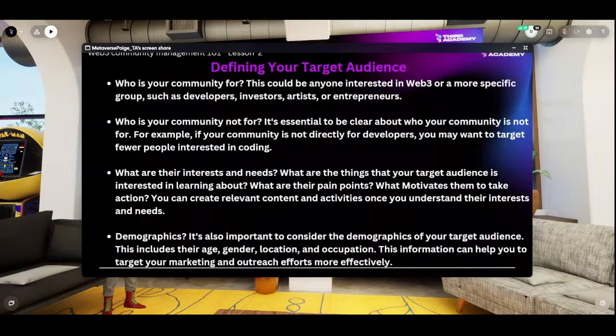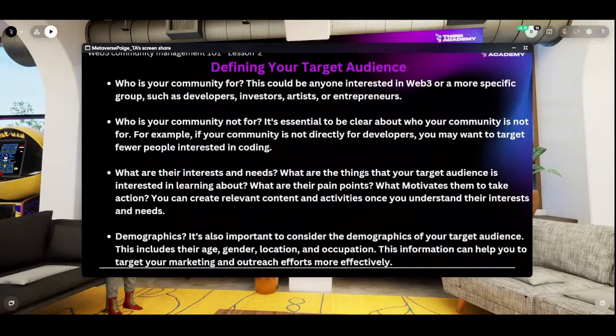In this case, as a community manager, sometimes you can feel like, oh, the community already exists and they already know who their target audience is. But do you know who your target audience is? Do you know who you will be talking to? How much do you know your target audience?